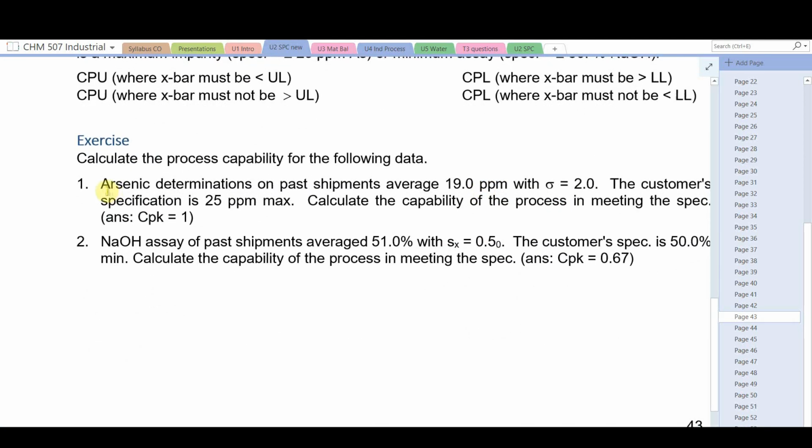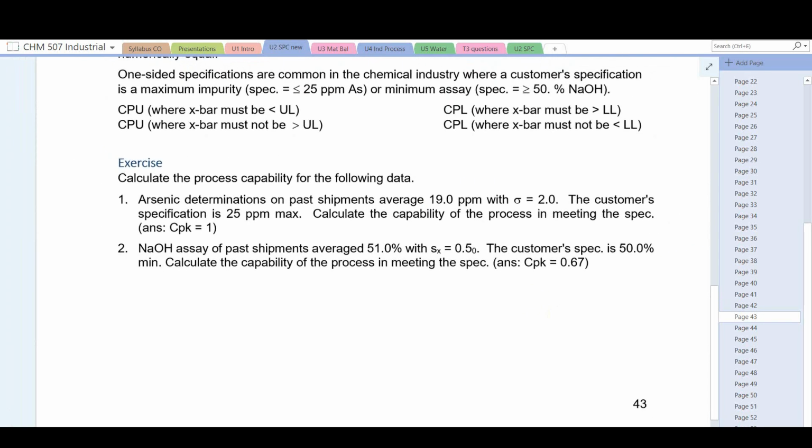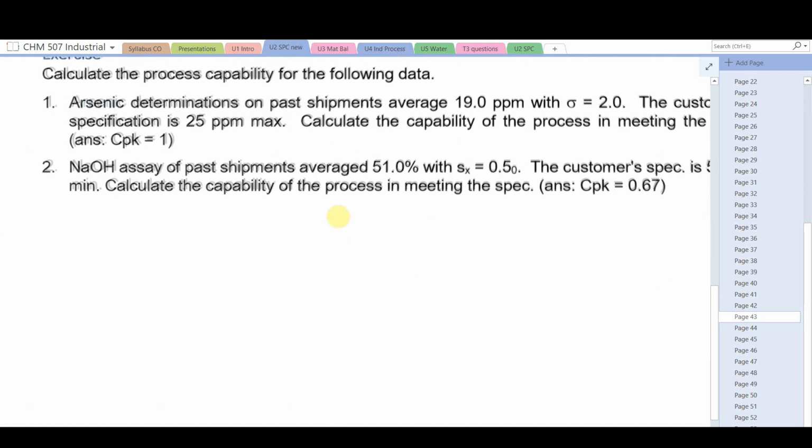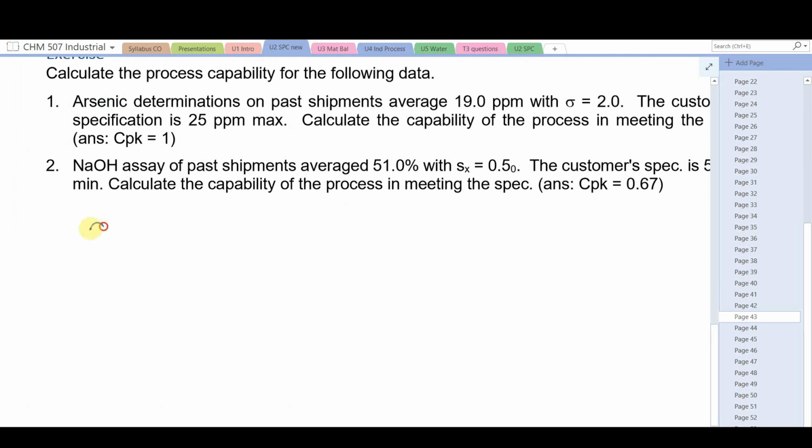Try these. Arsenic determinations on past shipments averaged 19.0 ppm with a process standard deviation of 2.0. The customer's specification is 25 ppm max. Calculate the process capability of meeting the specification. So that's an upper limit we're looking at. So we're going to use CPU